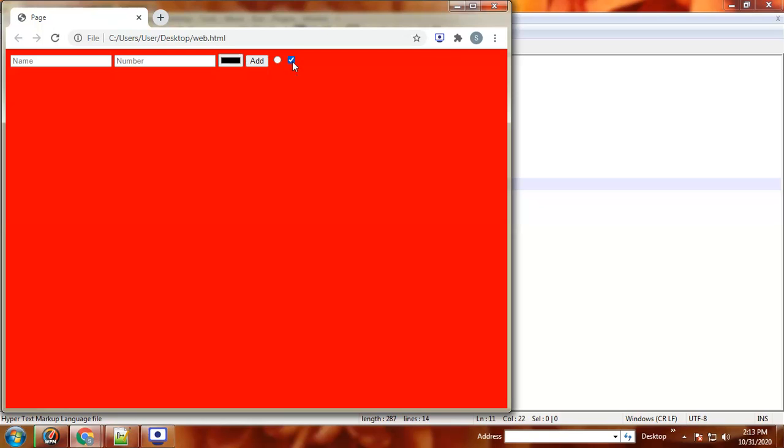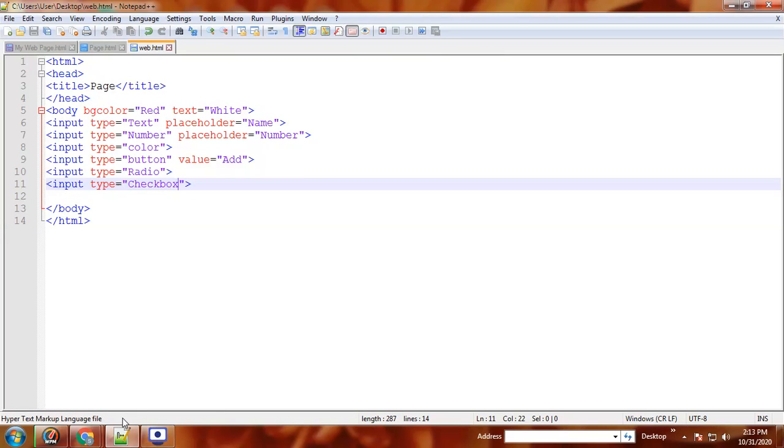There is a checkbox, and if you click here, you can see the tick mark. So you can make this on your own through programming. These are the two types of buttons. In my next video, I will show you how to activate these buttons.